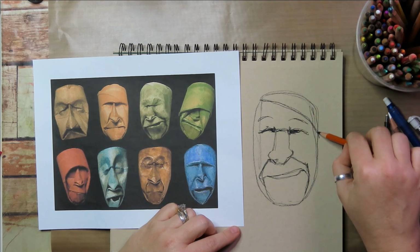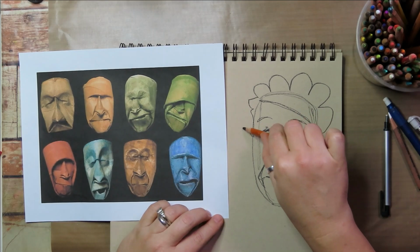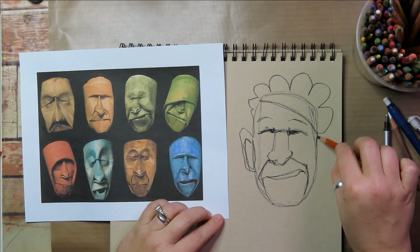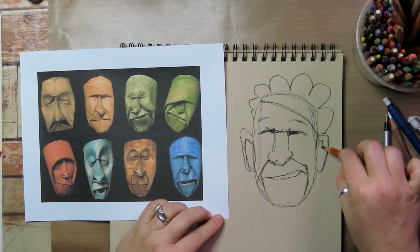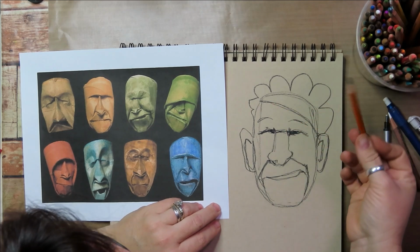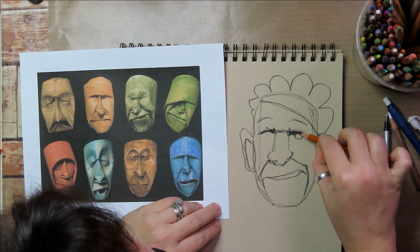some extra stuff to it. No rhyme or reason. Maybe I'll give him some ears too, because it's my piece, right? I can do what I want. I can make it, you can make it. I'm gonna grab here because I want, actually, I changed my mind. I'm not going to. I'm going to give him